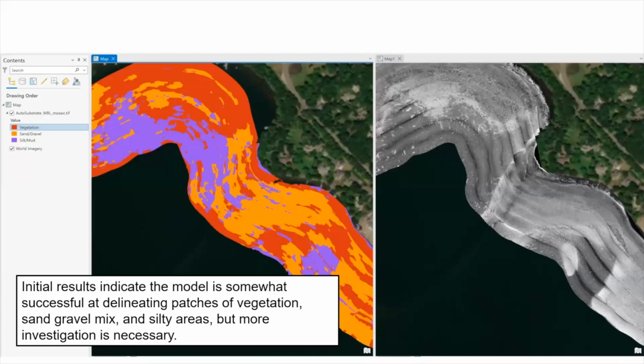Croix River. And his initial results from the St. Croix and from White Bear Lake show that the model at this point has been somewhat successful at delineating things like patches of vegetation, sand gravel mix, and silty areas. But again, we're still working on this investigation into the